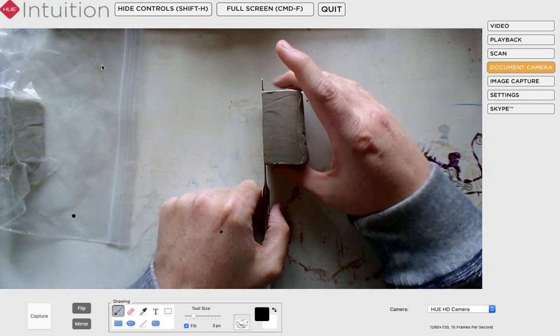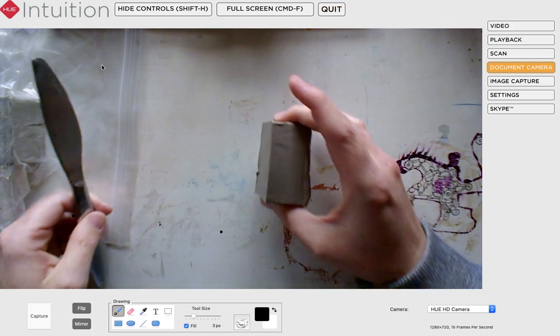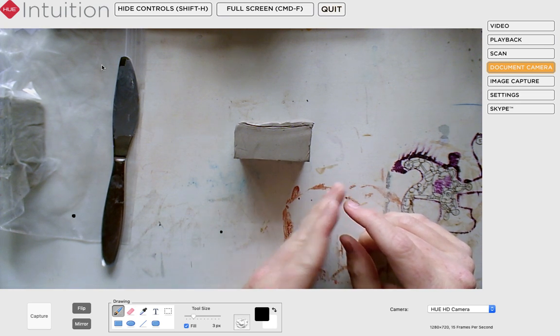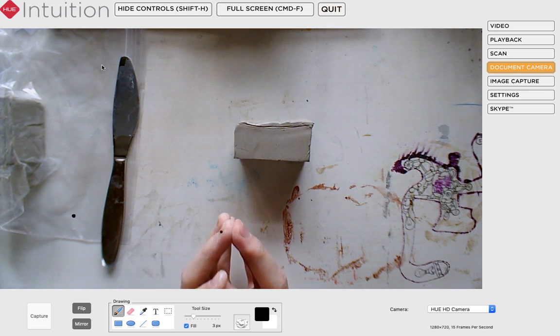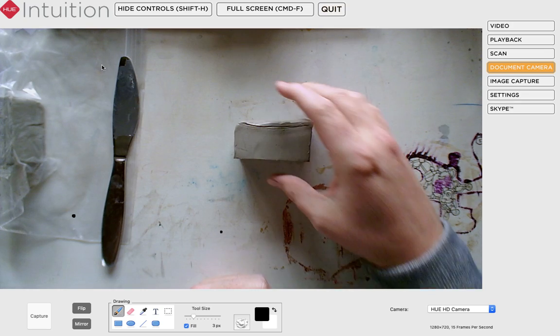Now, my recommendation, hopefully you've got your plans all laid out, but my recommendation would be that you just cut away small portions of this as you begin to work on your plan. And I'm going to show you some different techniques. First thing I want to show you, though, is if you know that you're going to be attaching some of this clay to another piece,